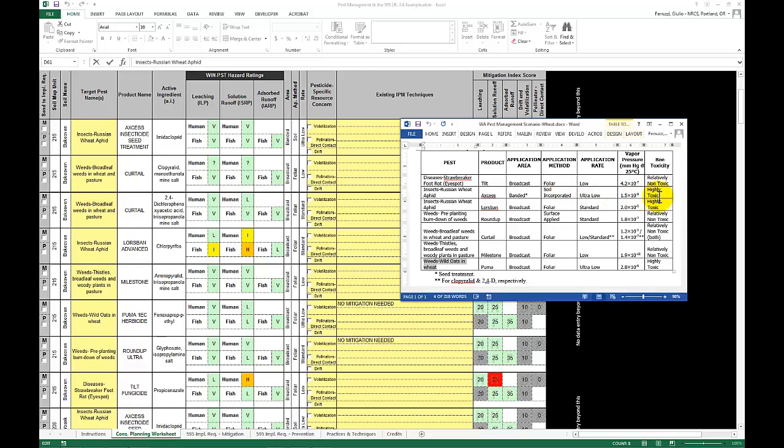I failed to mention earlier that this list of chemicals is actually for wheat grown in Washington. So this list of chemicals is for wheat, and therefore we're growing wheat in this case, and the Access is a seed treatment for the wheat. We see that the bee toxicity of Access is highly toxic, but we know that it's going on the seed. We also know that this is a systemic, so it'll express itself in the pollen, but bees do not collect wheat pollen. So yes, the chemical is toxic, but no, we're not actually going to impact bees with this material